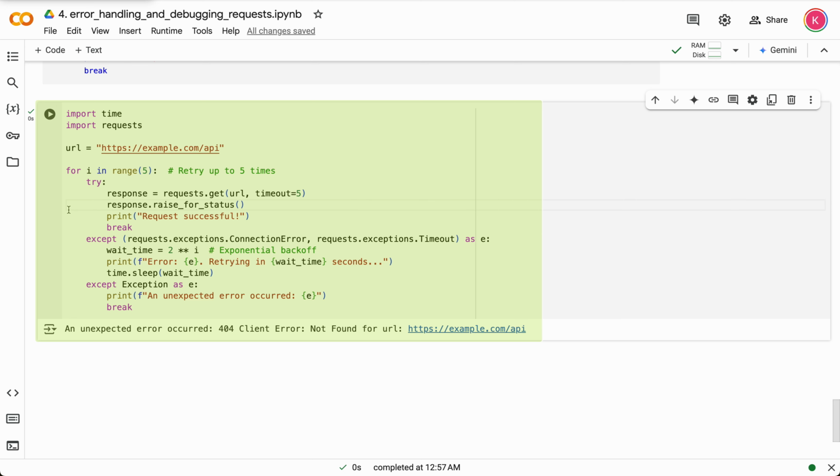This strategy ensures that your application doesn't repeatedly bombard the server with requests in a short period, which could worsen the problem or result in throttling. Instead, exponential backoff provides a controlled and systematic way to retry, improving the likelihood of success while minimizing unnecessary load